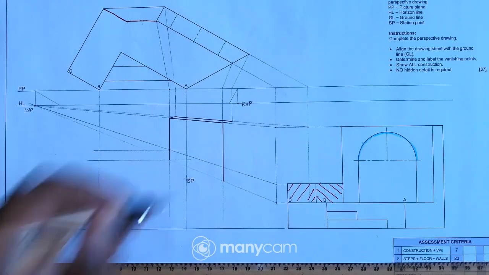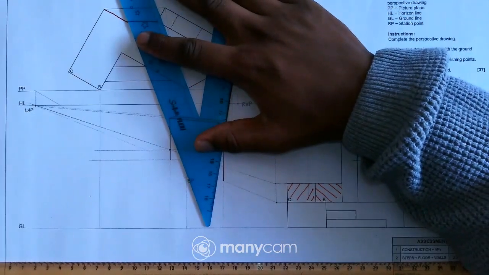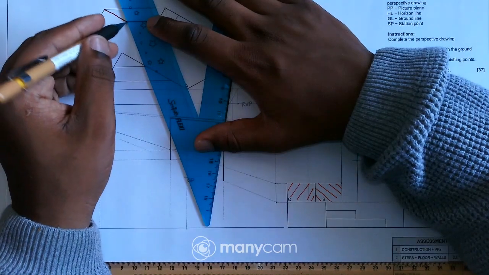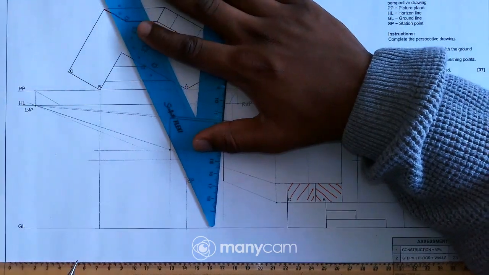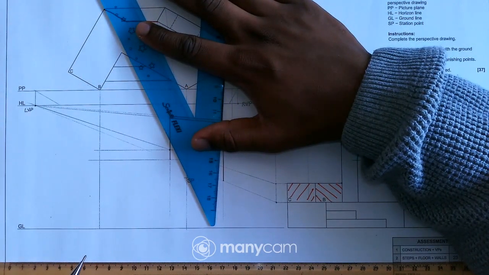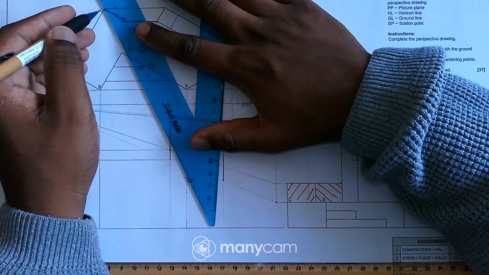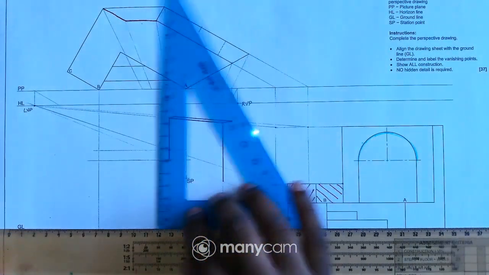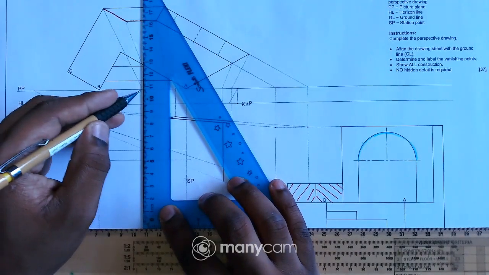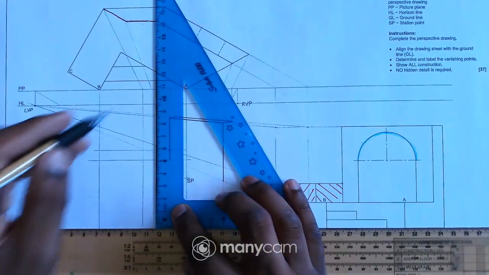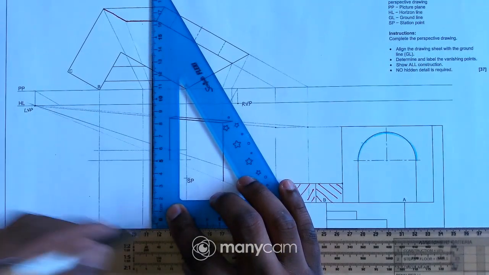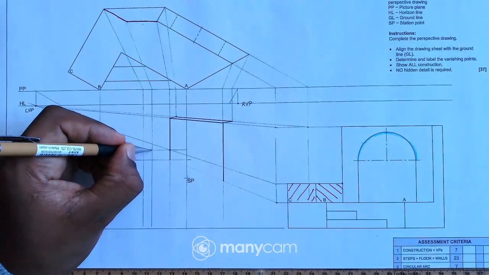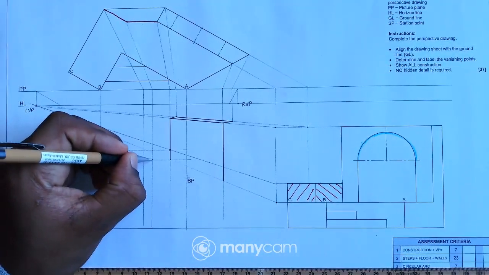So now I'll have to take these points to the station point. Okay, so I can project that corner down to the picture plane, and that corner as well, take it to the picture plane there. And then from there I can just draw vertical lines like that. Okay, so this corner is right there.